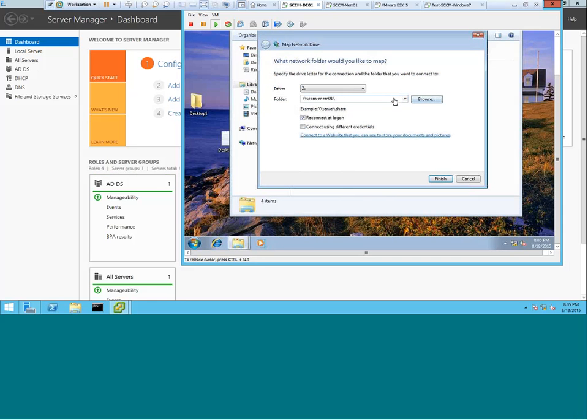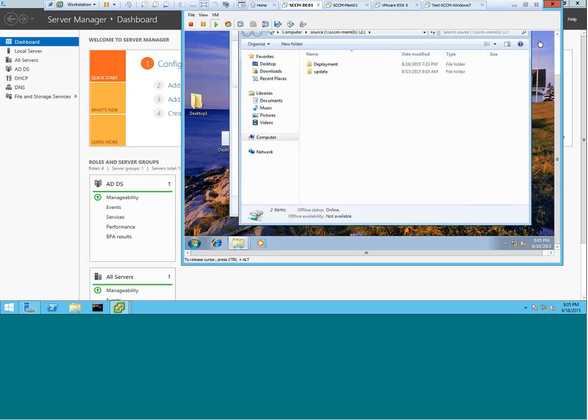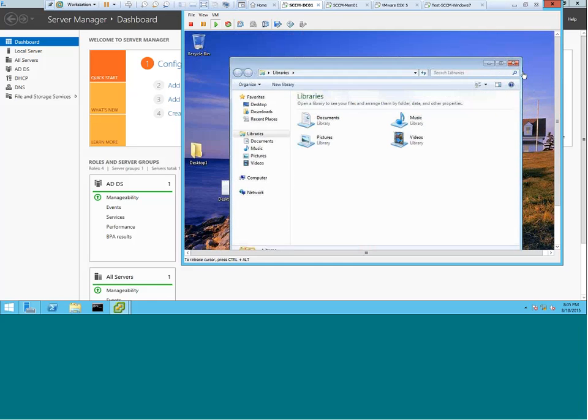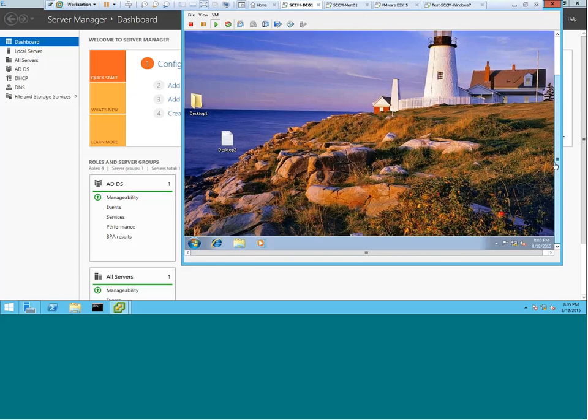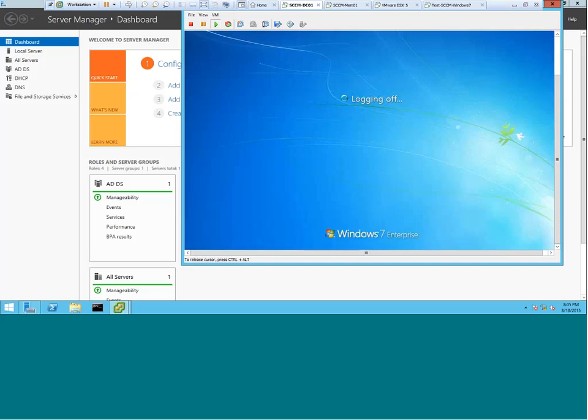Anyway, I'm just gonna go for source, which I know that it's already there, and finish. So I have a shared network drive here for whatever shared folders I had on SCCM server. I have mapped the network drive. So if that's enough settings, at least this will be a proof that those settings are there, yay. So I'm just going to log off from test user 01 and